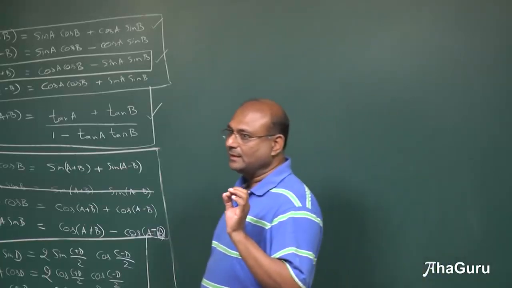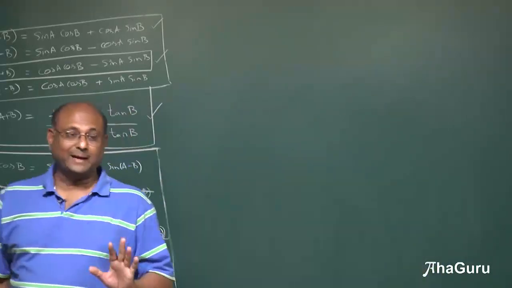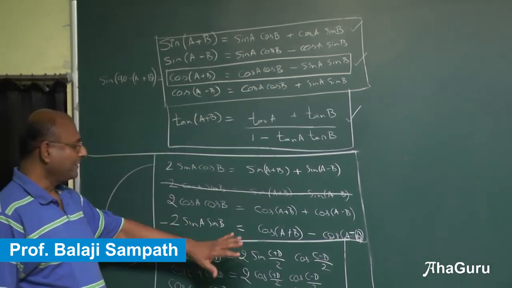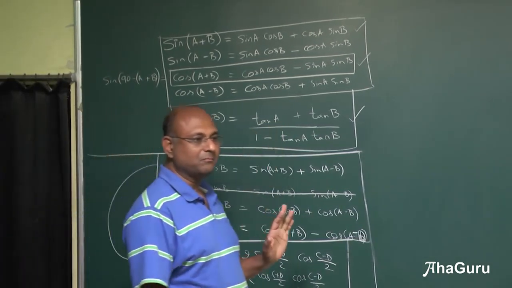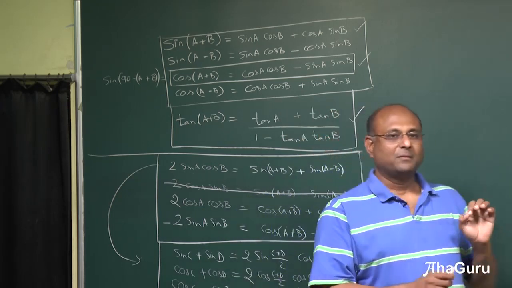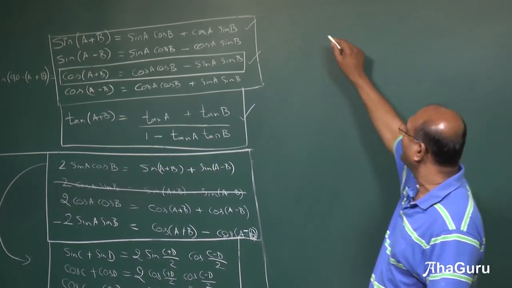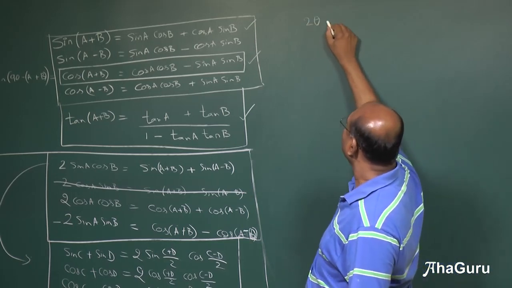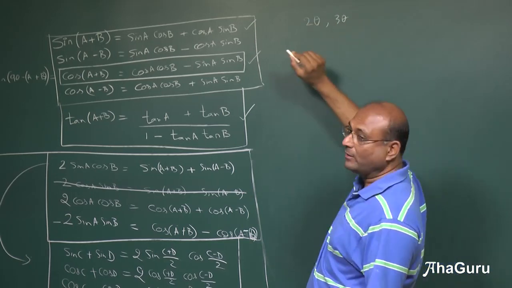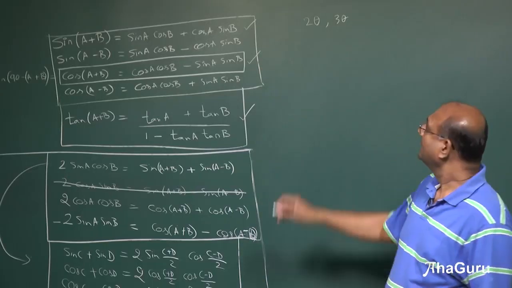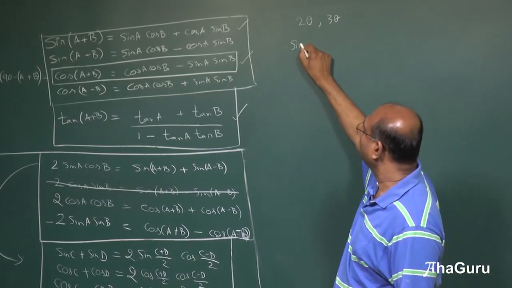Look at this. This is an important part. It is a continuation of this, but what we are going to do is convert this to multiple angles, and what we will later learn as submultiple angles. So if I am talking about 2 theta, 3 theta, and I want to write the answer in terms of theta. That is, sine of 2 theta you already know.